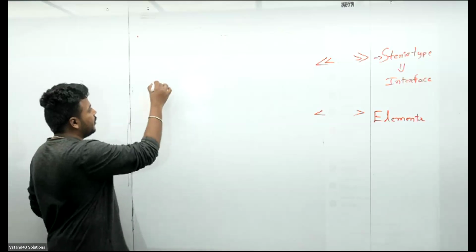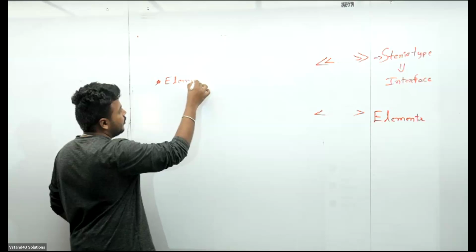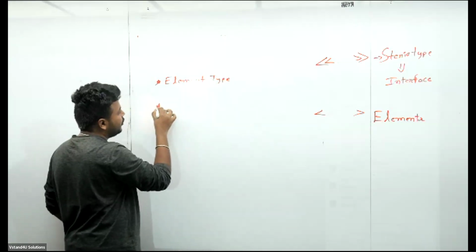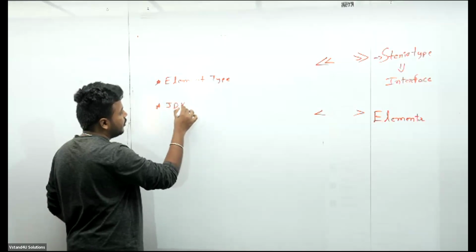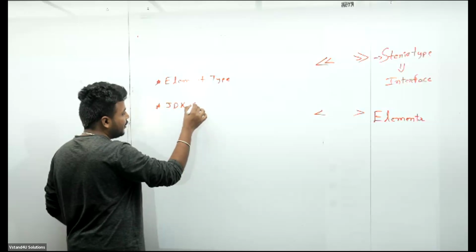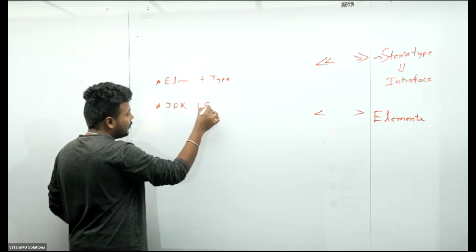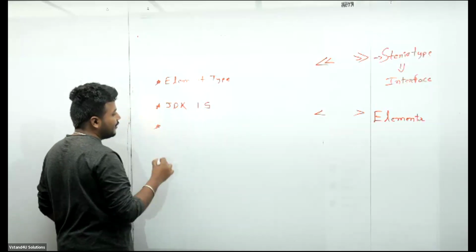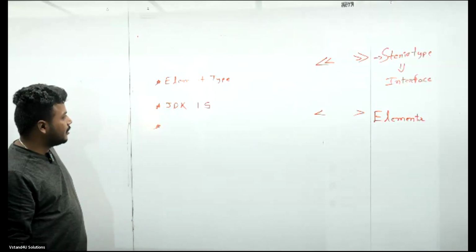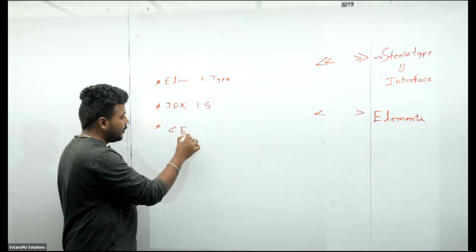We have one called element type. It was introduced in the JDK version. These elements were introduced; we call it an element type, and this is nothing but